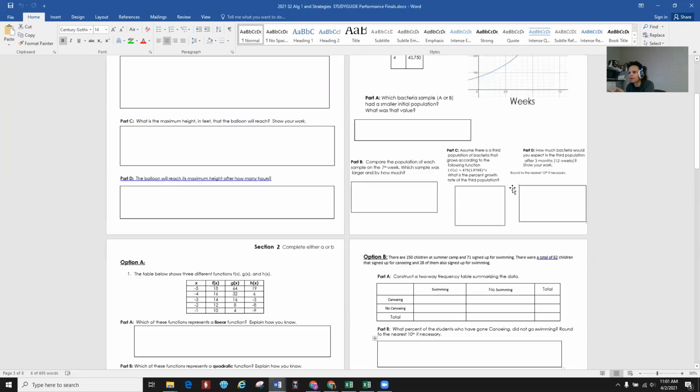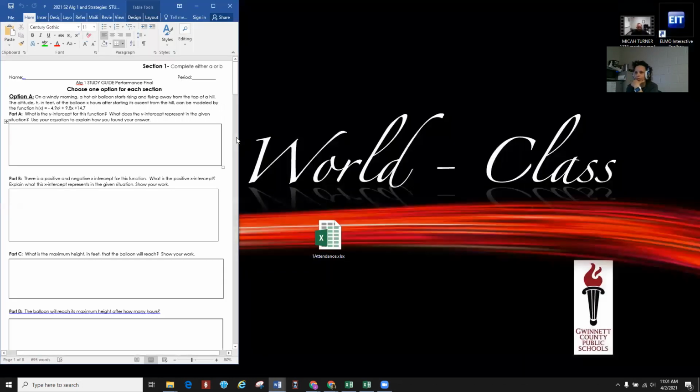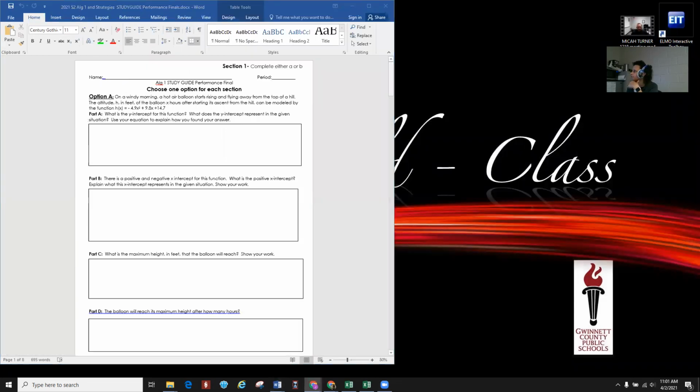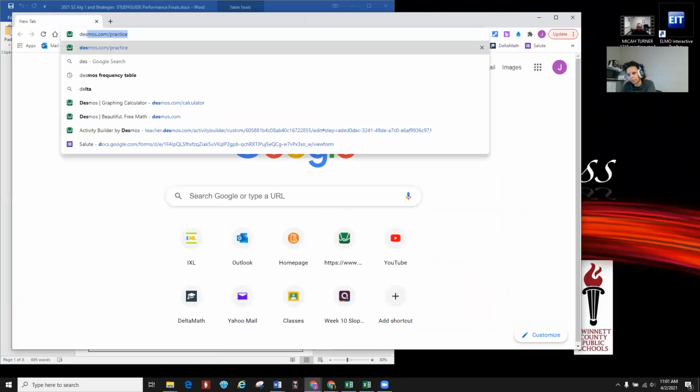Because this is a study guide, I'm going to do all the questions because you're going to choose whichever questions that you want to do. So I'll go ahead and start off with this. And you might as well already pull up a calculator so that you know you have that ready to go when you need it, because why not? So again, pull up your calculators,